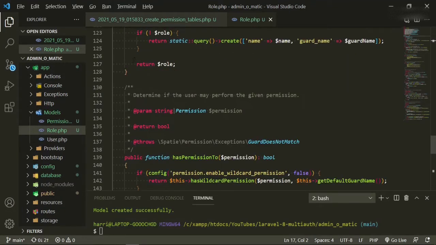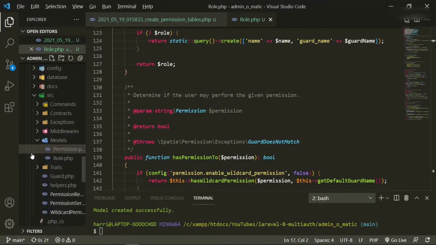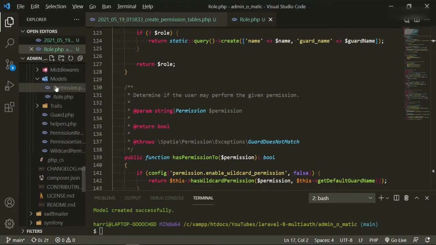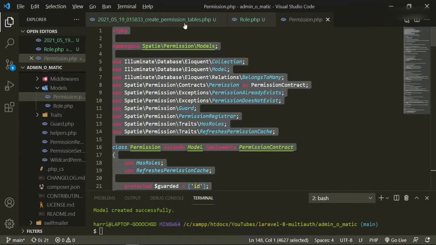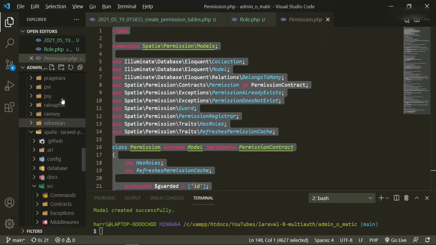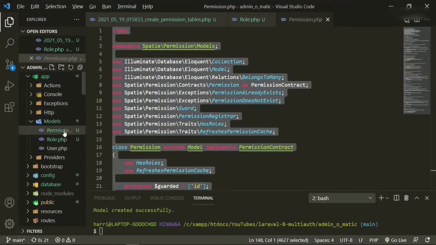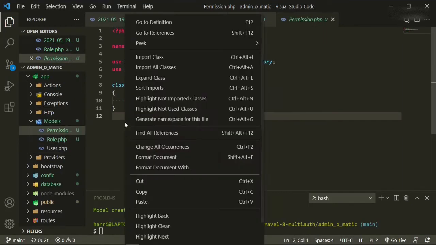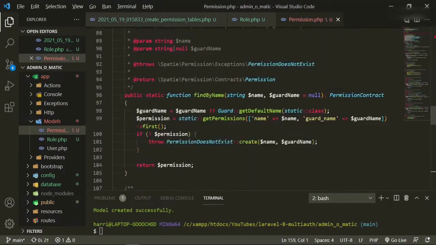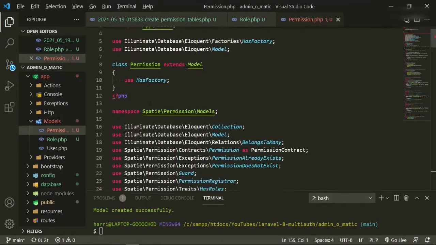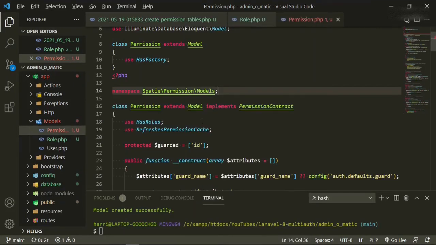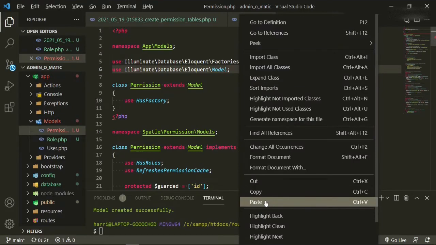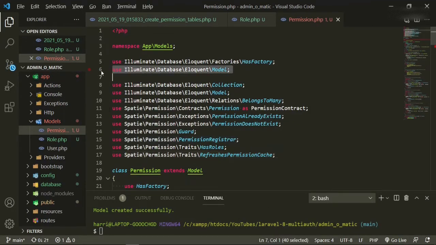Okay, so let's do the same thing for the permission model. So come down, permission, copy it all, go back to our permission model, just paste it under here, go up, and again, we'll just copy this out of here, cut. And now anytime we make a reference to the model, we can just use it right from here instead of